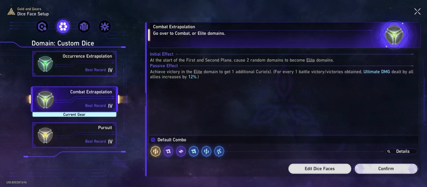Okay, so this needs to be performed when running with the Combat Extrapolation dice. This dice has an initial effect that causes 2 random domains to turn into combat domains at the start of plane 1 and 2. Hopefully this doesn't overwrite any combat domains, as they are far more valuable to us for this achievement. Elite domains will only ever give 1 combat counter, while regular combats have a chance of spawning 2